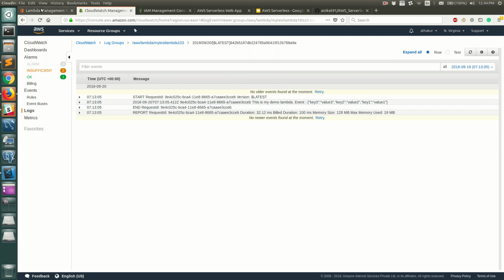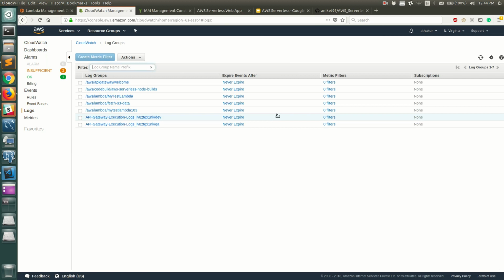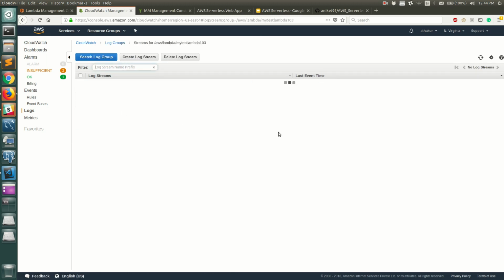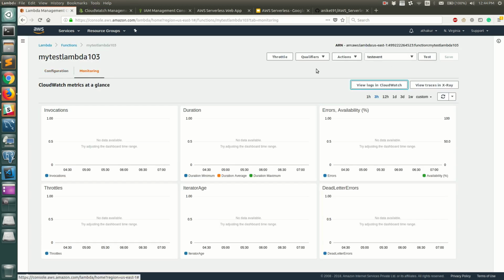But if you do not want to go from that, you can go to CloudWatch, you can go to logs, and in this you'll see multiple log streams. The one that we care about is test Lambda 103, and inside this you can see there is one log currently, right? So if you execute it one more time,